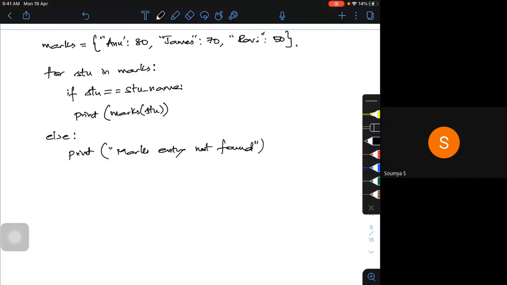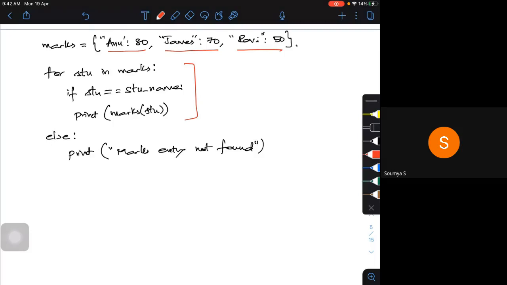This is how you can check the students list. I have three students, Anu, James and Ravi. If I check each one, I can get the printout of that particular student's marks.